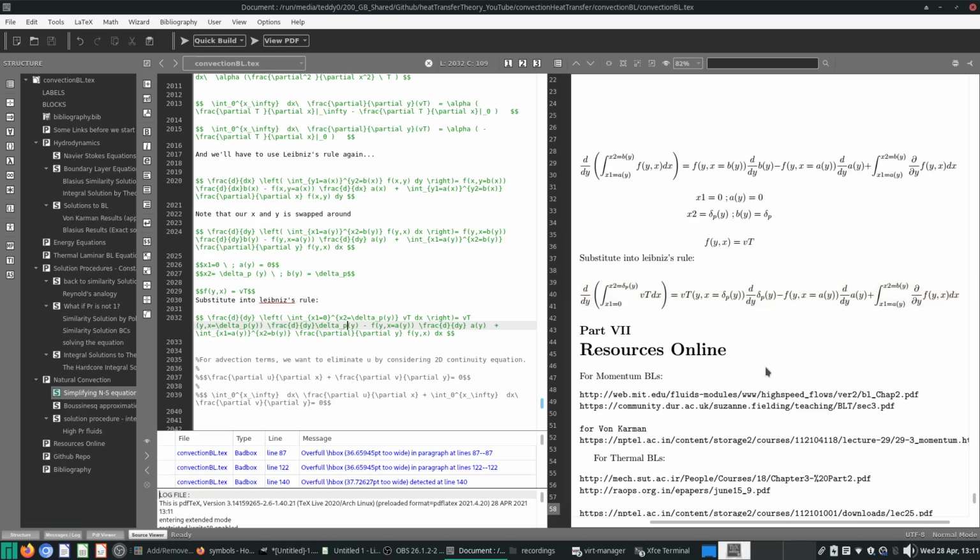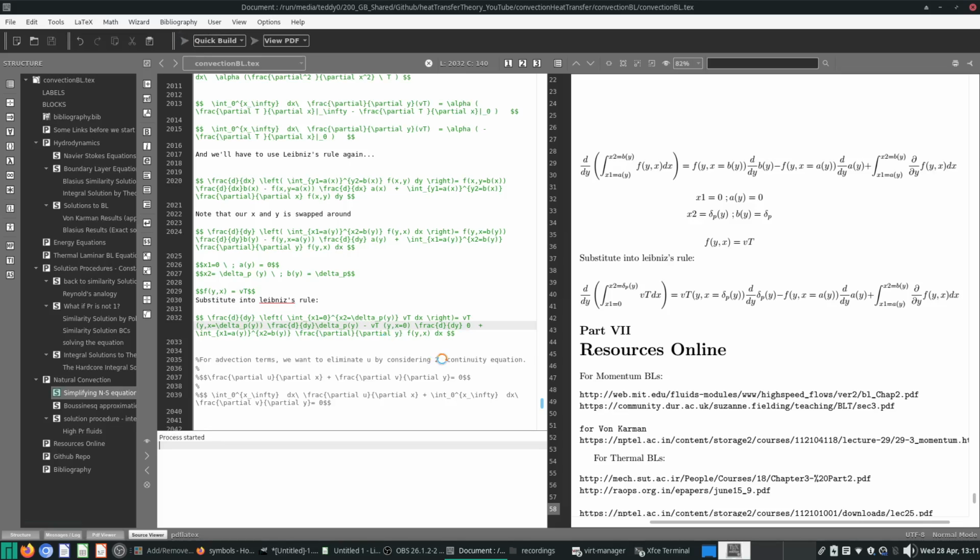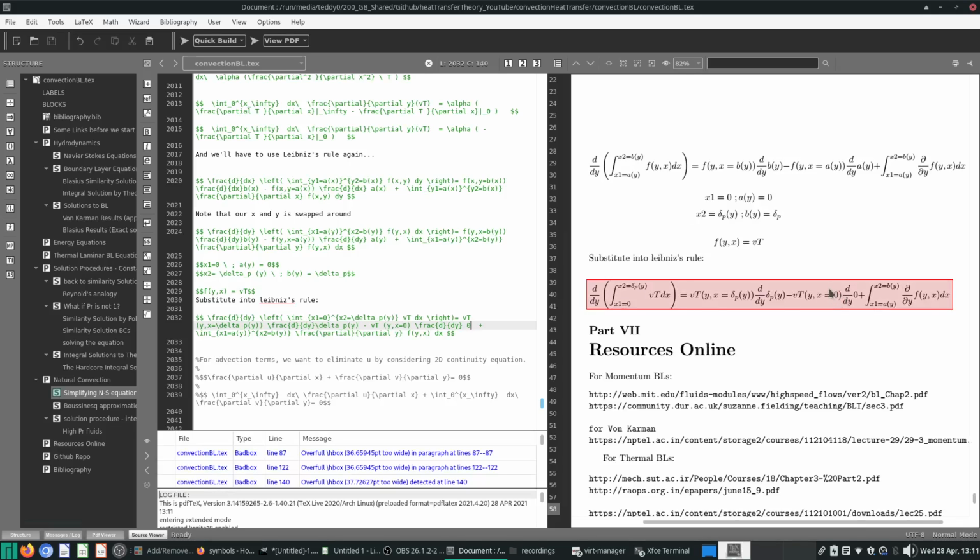Next thing is we will have Vt at x equals to 0, which technically should just be 0. So we can just drop this whole term off. And then the last term, very simply,